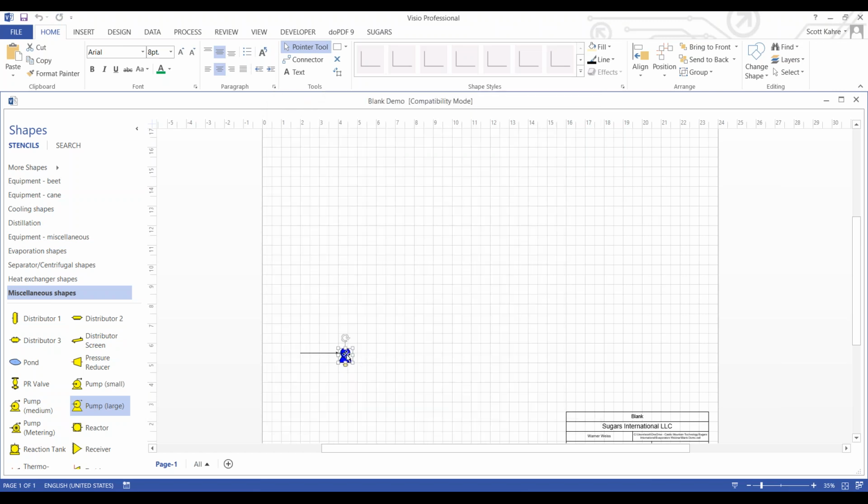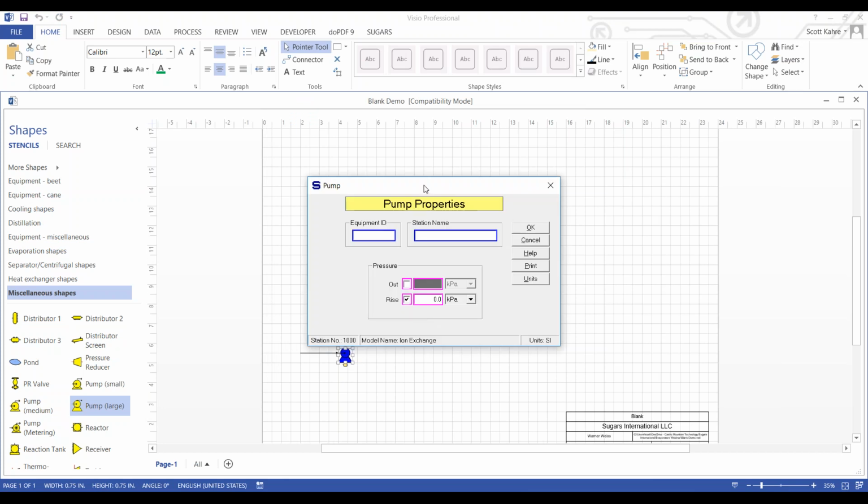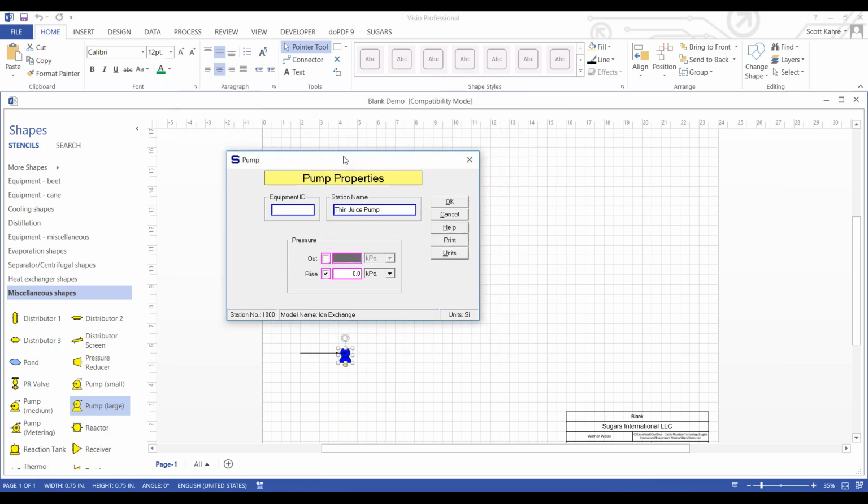Now back to this pump. I'm going to go ahead and give it a name. Thin juice pump. And the reason I put a pump here is very important, and actually is something that a lot of people forget when they're modeling in Sugars,